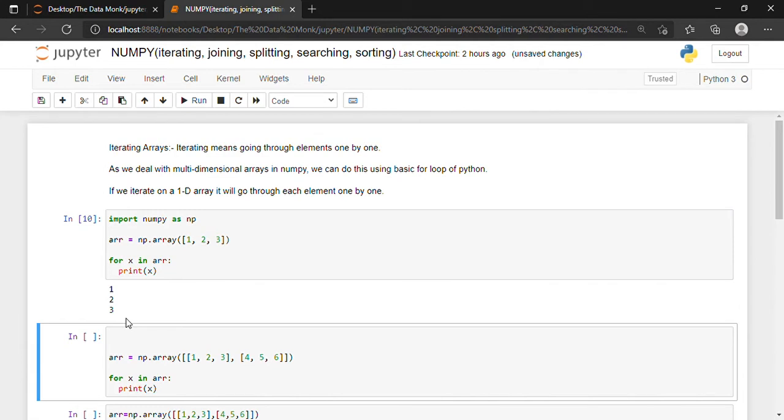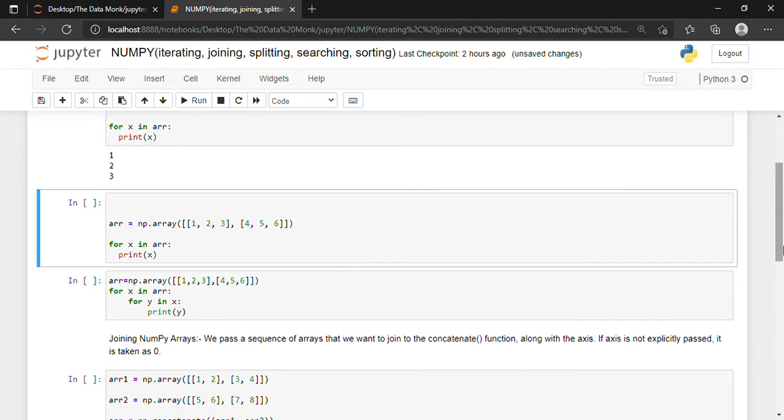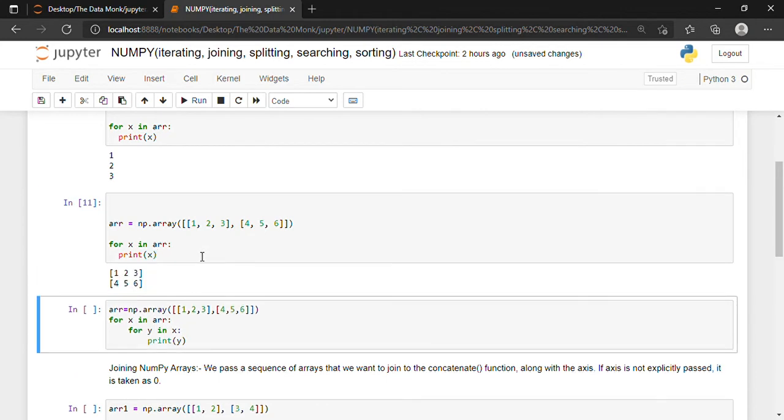Easy, right? Now suppose I have a two-dimensional array and I want to print 1, 2, 3 on the top row and then in the second row I want to print 4, 5 and 6. So I'll be writing a similar for loop. First it will print the top row when the value of x is 0. Then when the value of x increases to 1, it will print the second row. If I execute this, yes, this is what we wanted, isn't it? Alright.